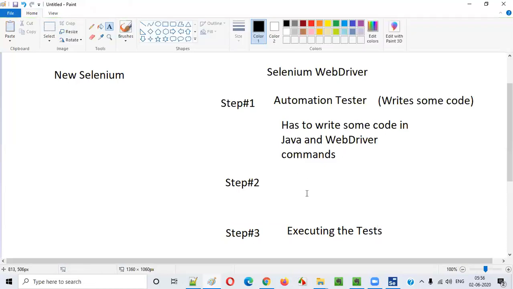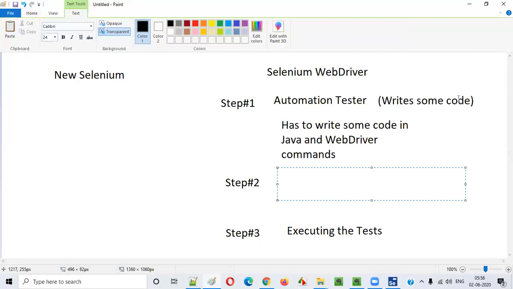But what is the second step? Can anyone? What is the second step? Okay, the second step is here, whatever code you have written, right?